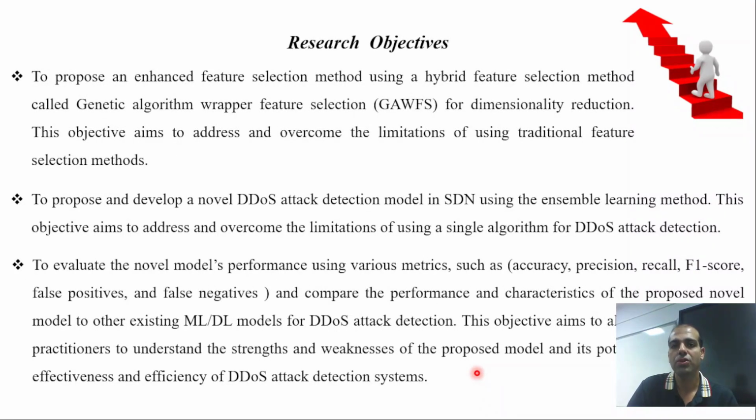So here in our research, we have three objectives. The first objective is to propose an enhanced feature selection method using a hybrid feature selection method, which is called genetic algorithm wrapper feature selection, or GAWFS, for dimensionality reduction. The main aim is to address and overcome the limitations found in the traditional selection methods. The second objective is to propose and develop a novel DDoS attack detection model in SDN using an ensemble